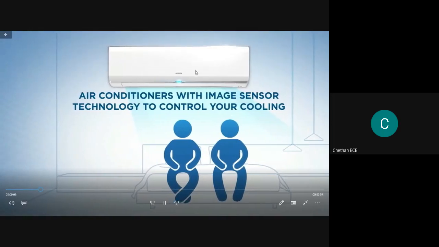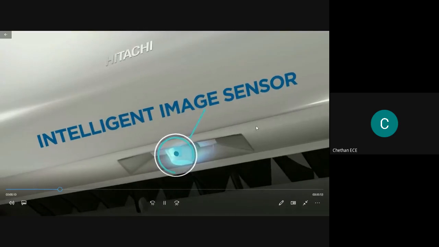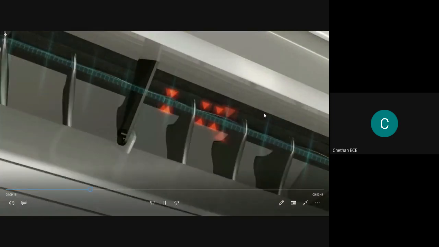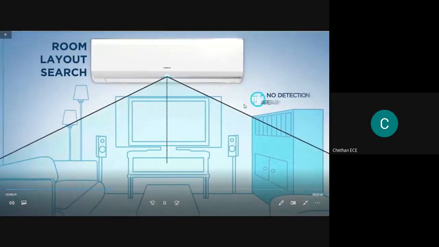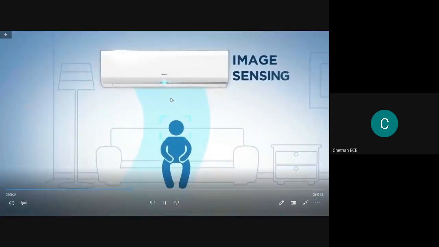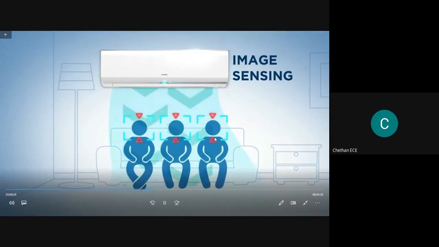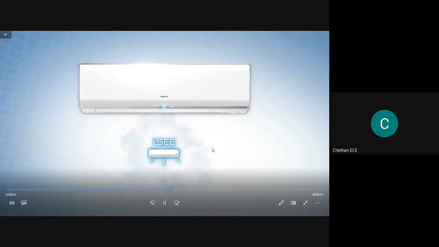Presently, we have an air conditioner system with intelligent image sensors, where these image sensors capture how many people are available in the room area. This image sensor will identify the number of people within a room area of 150 degrees and 7 meters. If only a small number of people are in the room, it will deliver the required cooling effect to those particular people.